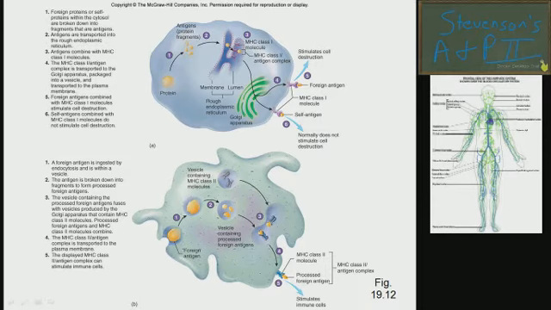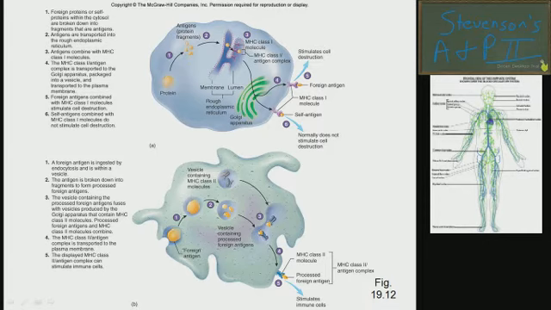The foreign antigens combine with that major histocompatibility complex, and then cell destruction occurs. Self-antigens, however, do not stimulate the cell to self-destruct,